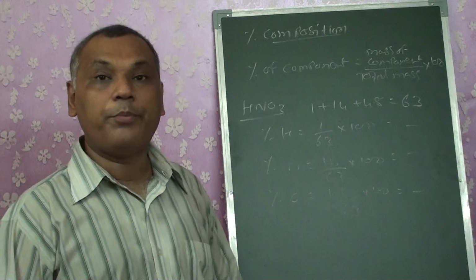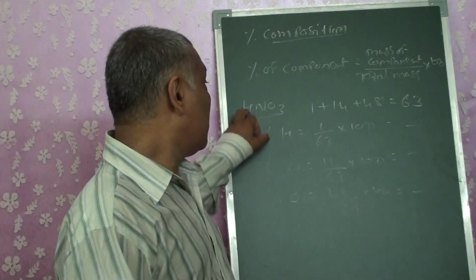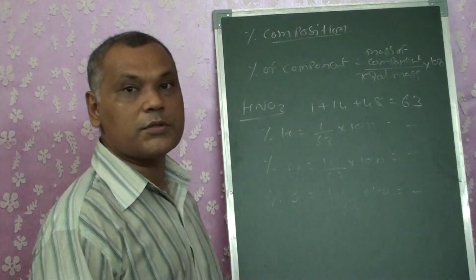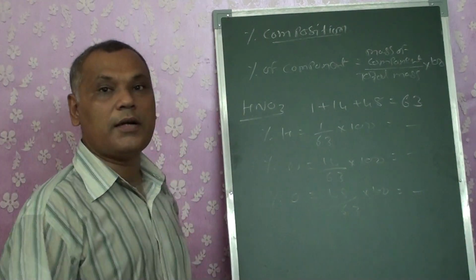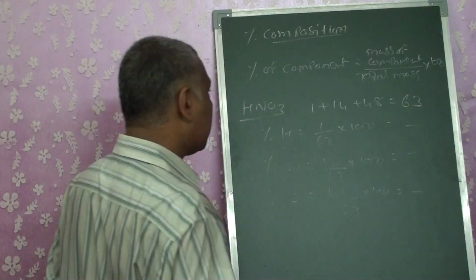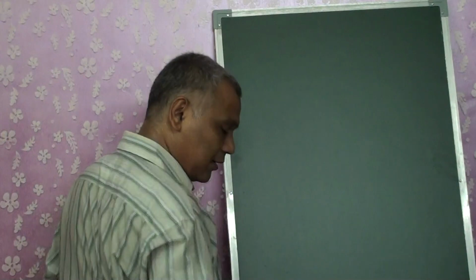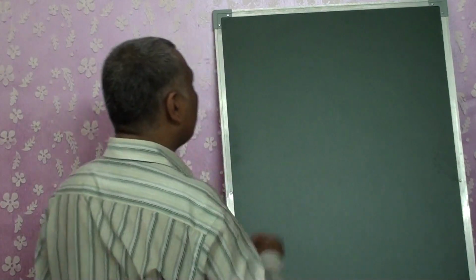But if the compound is not given to me, if it's not indicated that it's HNO3, then I won't be able to get the total mass. Then how will I get the answer? So what is the possibility? There might be a question given to you that